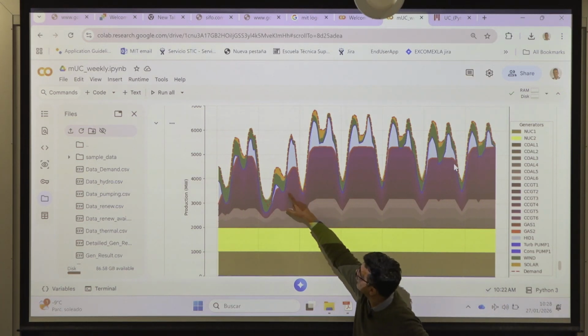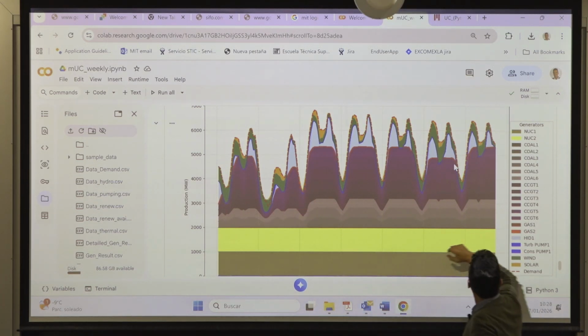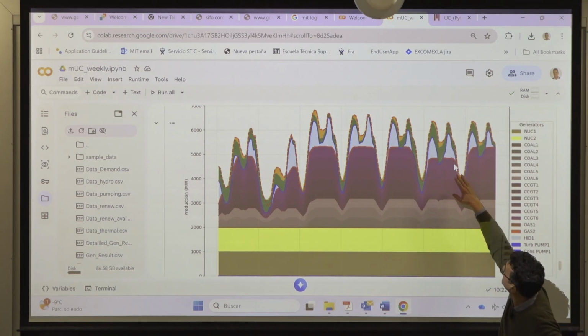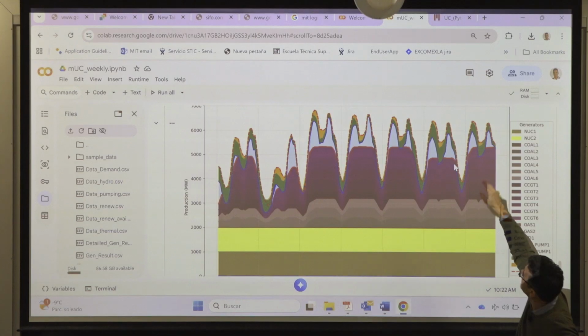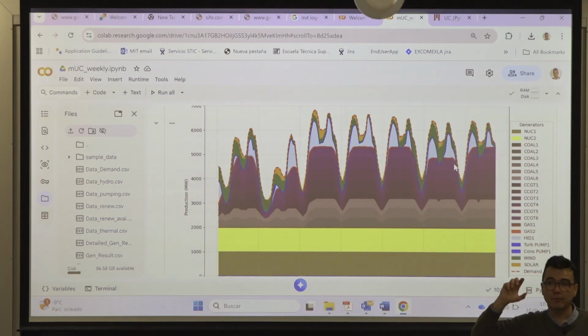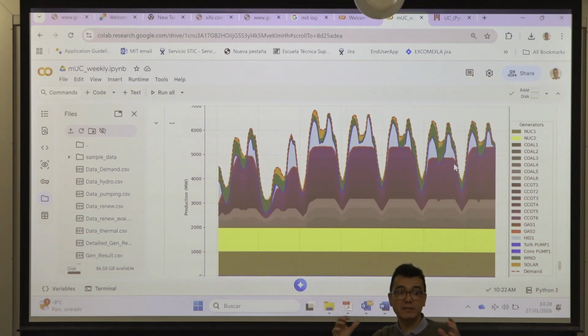Then we have, in green, wind, and in this orange or yellow is the solar production, okay? And then in blue, what you have is the hydro production. What you can see here is that the hydro, which is modeled here as an energy constraint